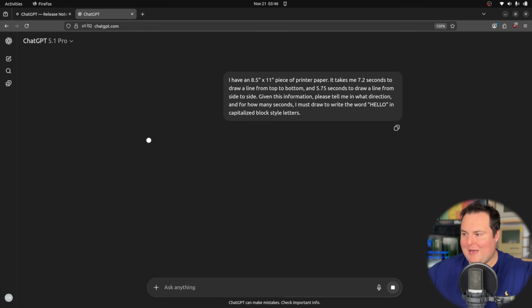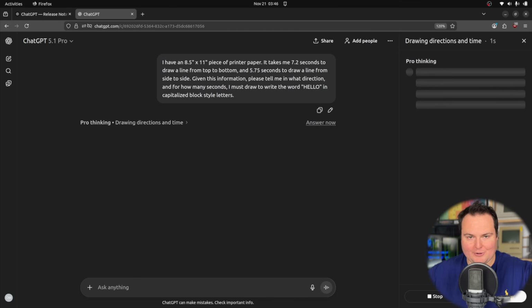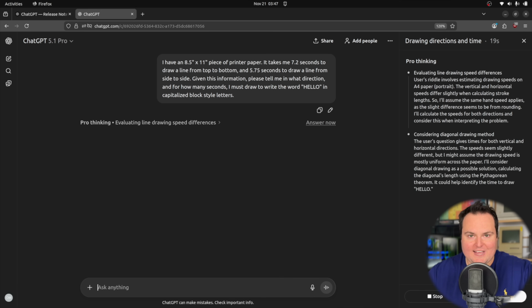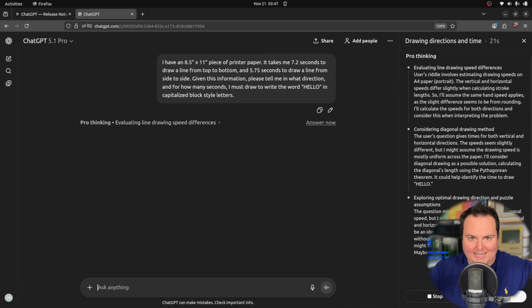So I've just asked it essentially what this test is going to be, which is: here's how long it takes me to draw fully across and fully down on this piece of paper. Using this time information, please instruct me on how I should draw the word hello. So I'm not 100% sure how it's actually going to go about doing this. Ideally, what I would assume is it will say, okay, draw down for 1 second, and then, or no, because hello would just be,